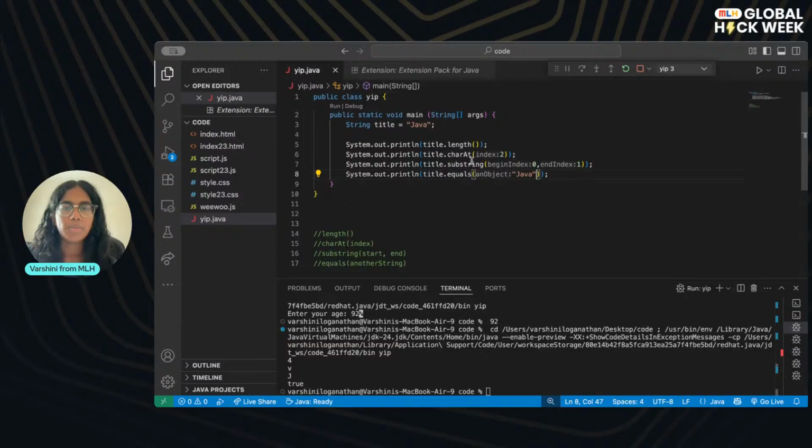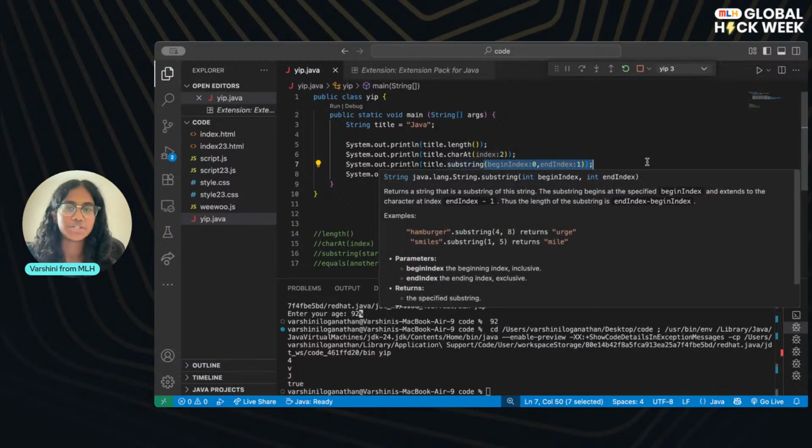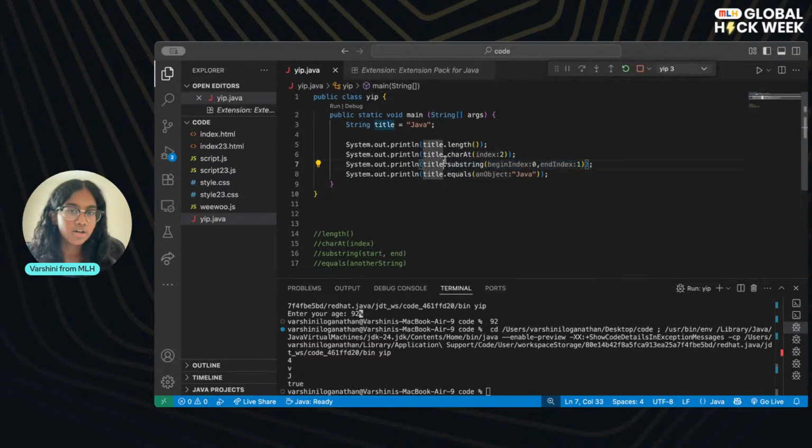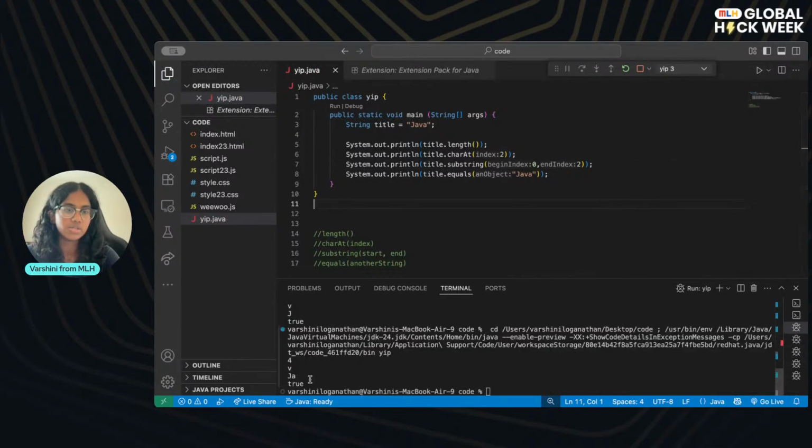So something that you might be a little bit confused about, doesn't look like any of you were actually confused, but here for the substring, even though A is at index 1, you would think it'd be JA, but the substring only gets end index minus 1. So if you wanted to get JA, you would do 2. That way you could get those last two, and we see ja here.